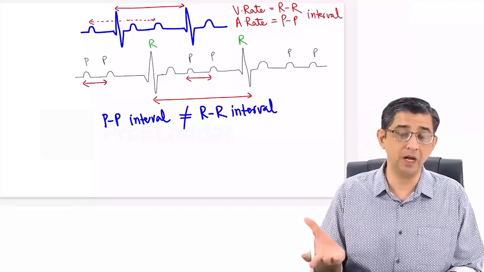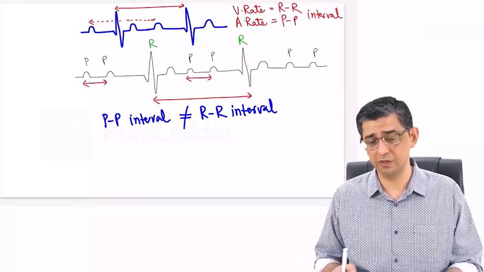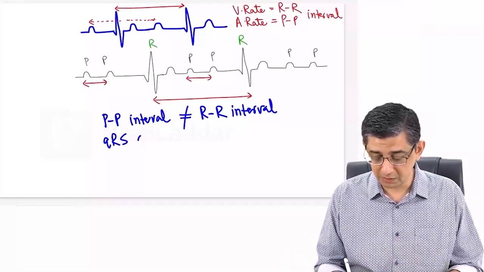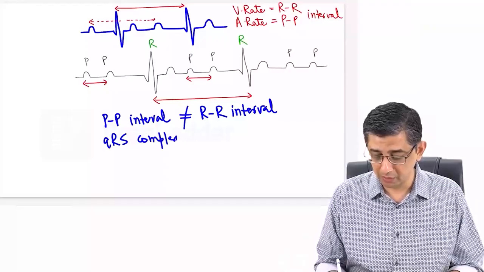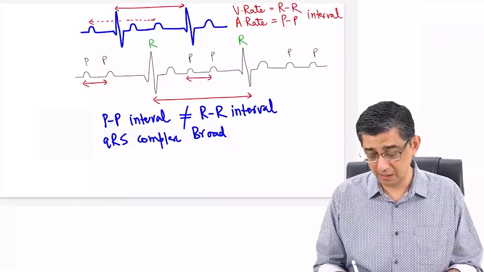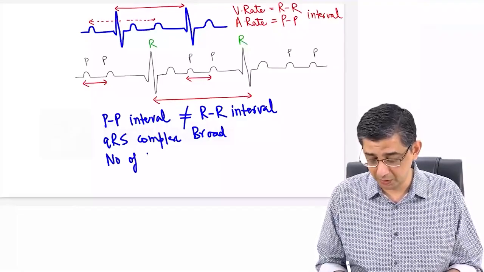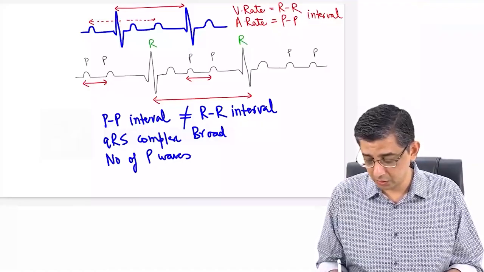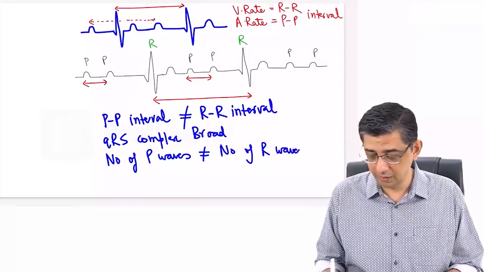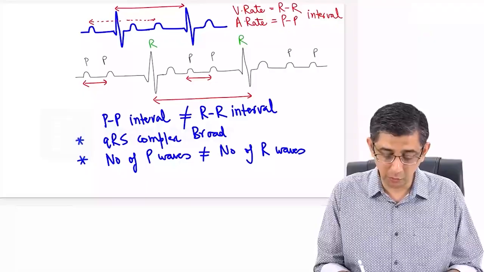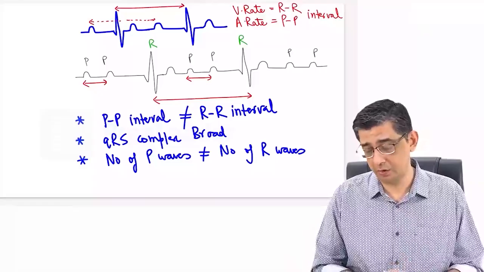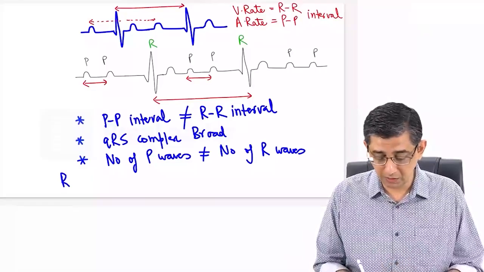Atrial rate is going to be 100. That is 2.5 times faster than the bundle of His. Mathematically, the bundle of His fires at a maximum rate of only 40. The QRS complex in this case will be relatively broad. It can be towards the upper side of normal as well in some ECGs. And as I highlighted, an important feature, the number of P waves is not going to match with the exact number of the R waves also. So when you encounter such parameters, it can be both a theory based as well as a practical ECG based question. You will definitely be able to decipher this condition of third degree heart block,